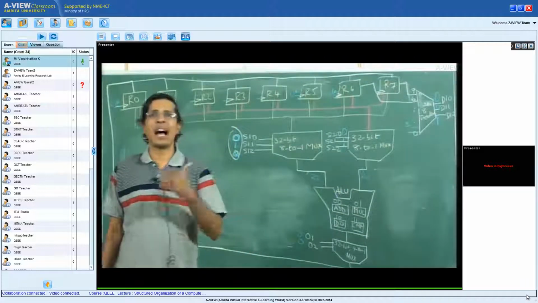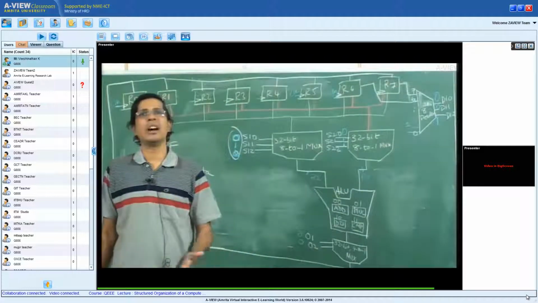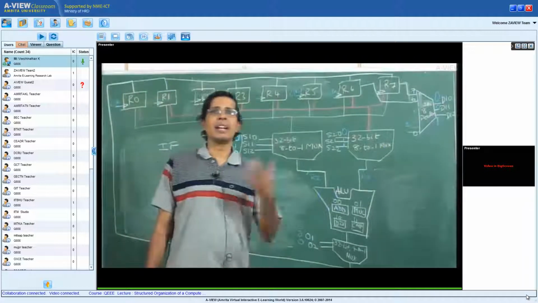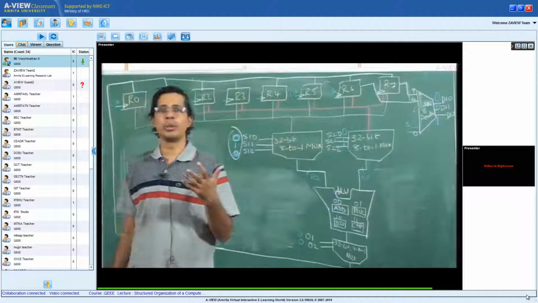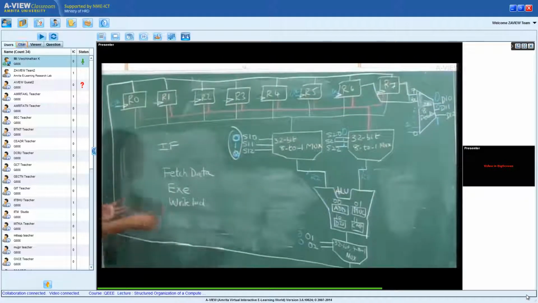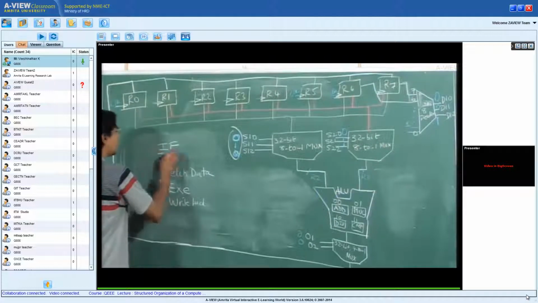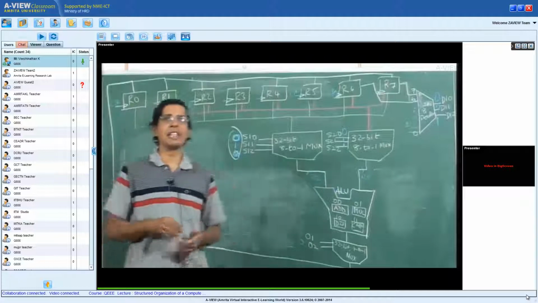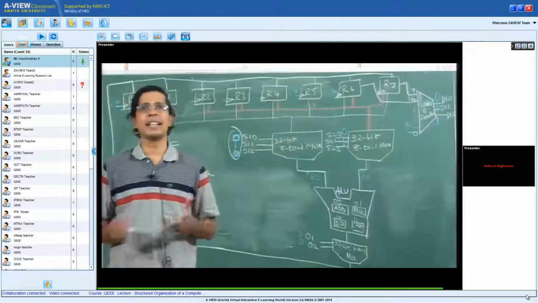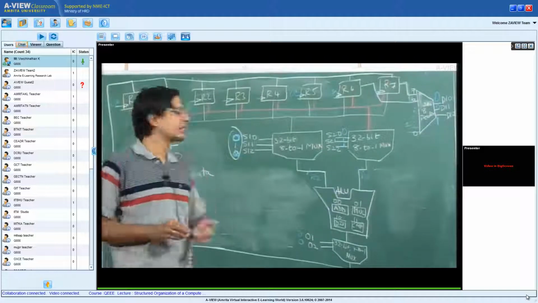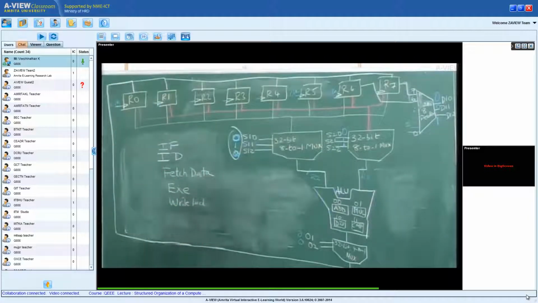I could have a hardwired translation or a programmed translation, and whichever method we use, that stage is called instruction decode. I am decoding the instruction. Essentially decoding means translating the instruction into the corresponding microinstructions which get executed in the hardware.